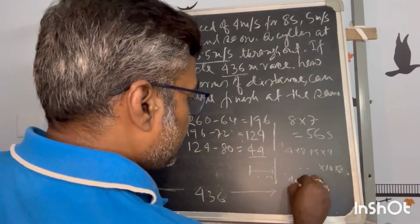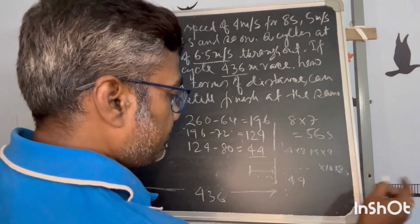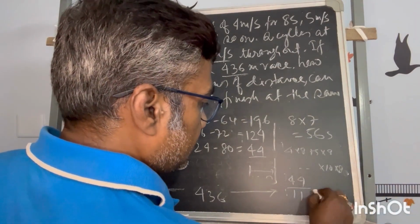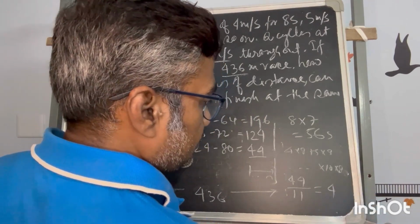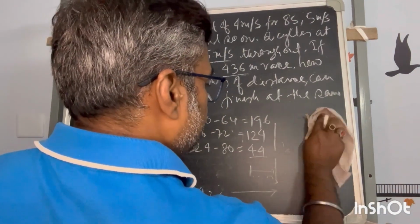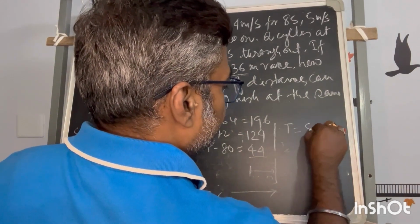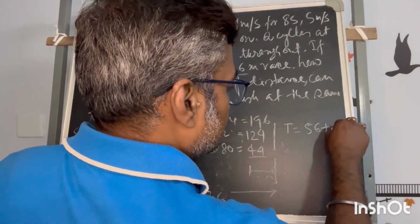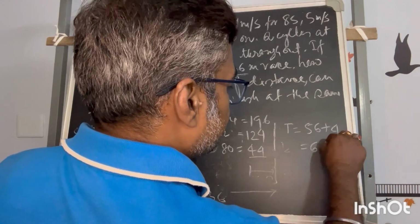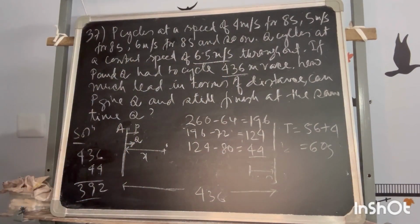How much time will it take? In that time the speed is how much? 10 to 11, geared up to 11. So with the 11 he will take another 4 seconds to move. So all in all, how much time will he take? The total time will be 56 plus this 4, that means 60 seconds he will move from this to this. Okay, now